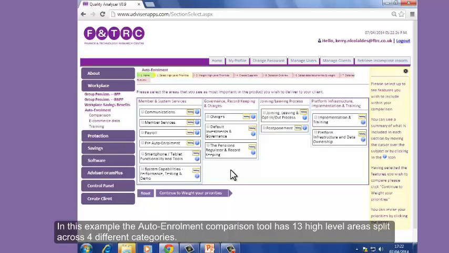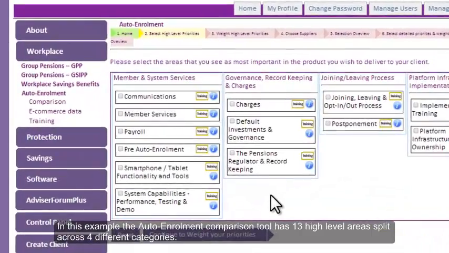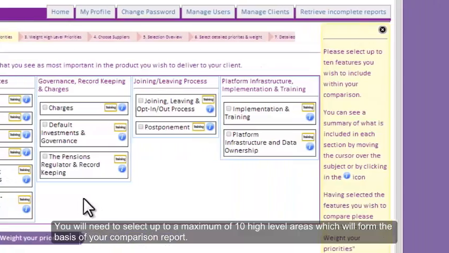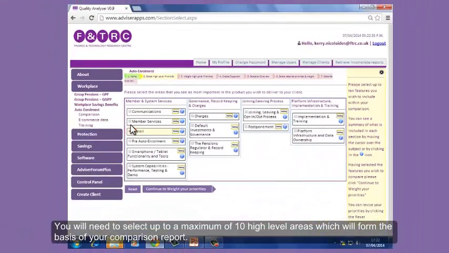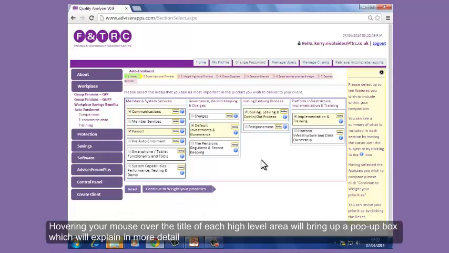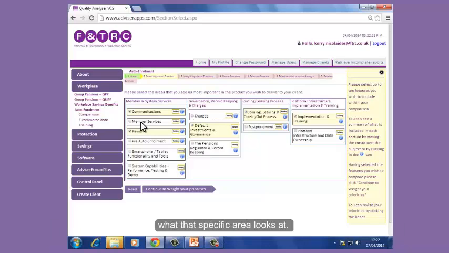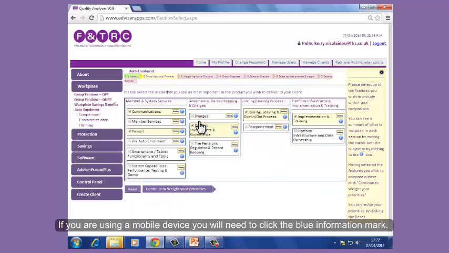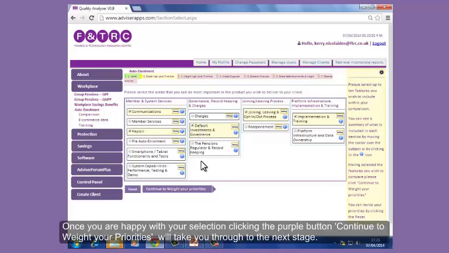In this example, the Auto-Enrolment Comparison tool has 13 high-level areas split across 4 different categories. You will need to select up to a maximum of 10 high-level areas, which will form the basis of your comparison report. Hovering your mouse over the title of each high-level area will bring up a pop-up box which will explain in more detail what that specific area looks at. If you are using a mobile device, you will need to click on the blue information mark. Once you are happy with your selection, clicking the purple button, Continue to weight your priorities, will take you through